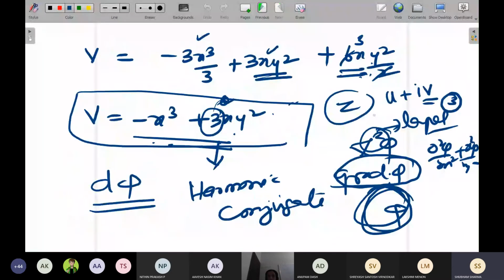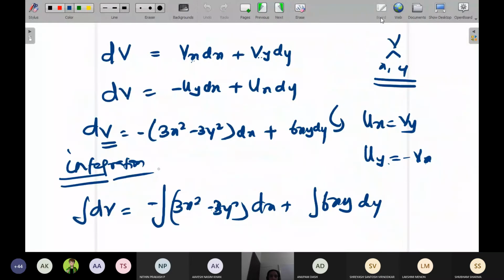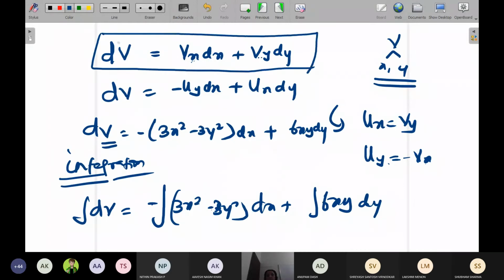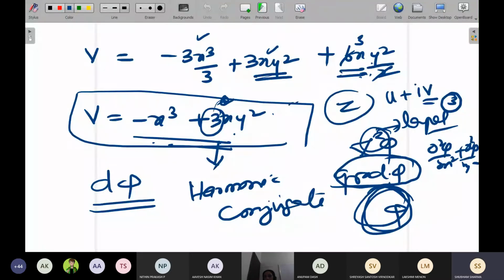Not necessary, dear, because see, this is your exact differential. From this, we are trying to find v. So repeated terms, we need not write it, because again it's going to be a replica of only the constant will get changed. So in the place of 3x square, it is going to become 6. That's all. So whenever you have repeated terms, you need not write it. Write it only once, that's more than enough. That will give you the exact function. Even if you write it, it is not wrong, it is correct only.